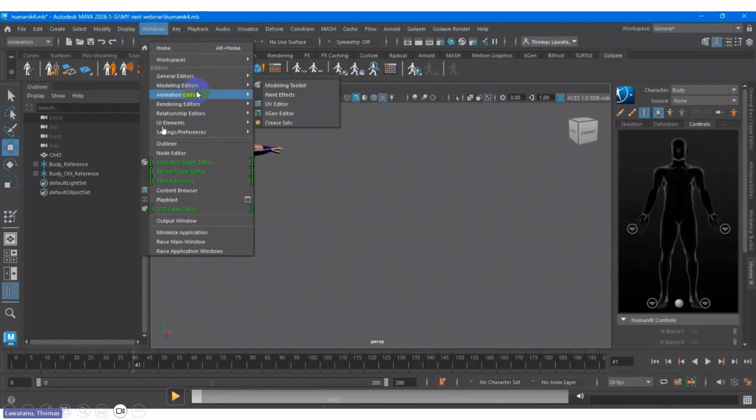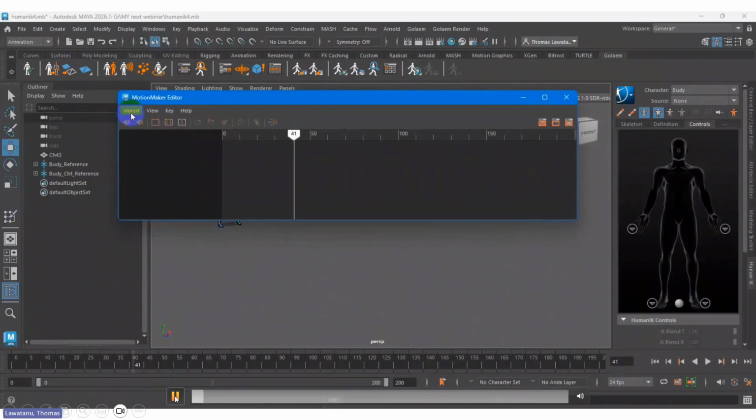Okay, until you get to the animation editor, then you can see the green brackets. If you open Maya right now, when you install a new version of Maya, there is also a green bracket, which means this is something new. So once you get the update, version 2026 update 1, you can go to the animation editor, so you can see the motion maker editor. Yeah, so this is the motion maker editor.